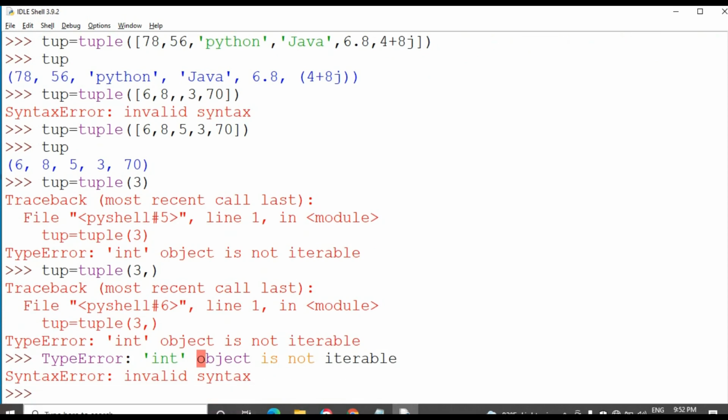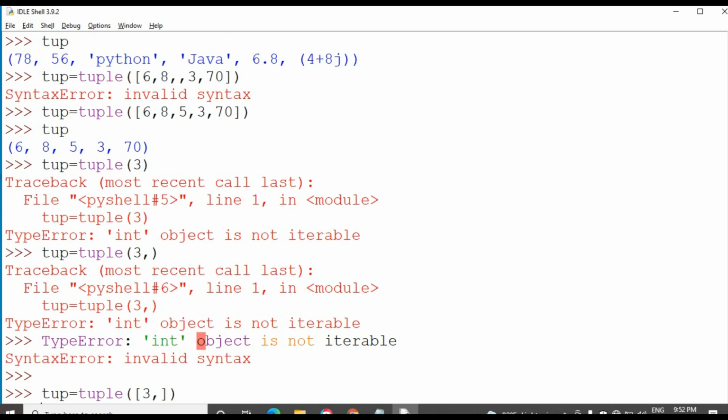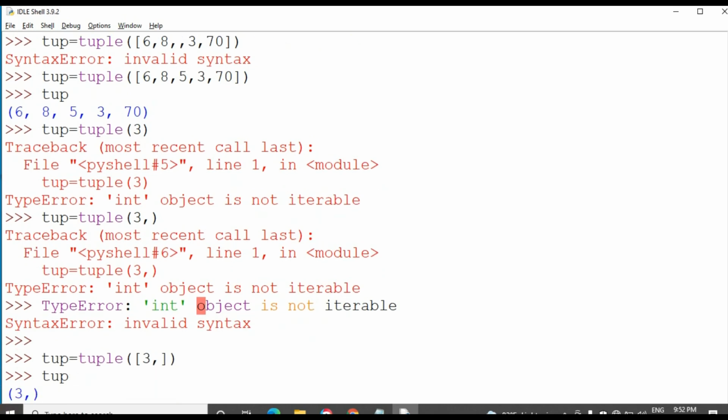How can we do this? Tuple equal to tuple of.